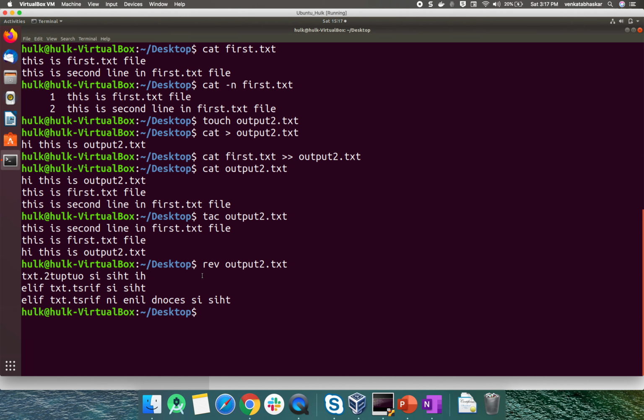See here, horizontal base, all lines will be in the reverse state, you need to read all lines in the reverse way. So these are all the commands to see the data.